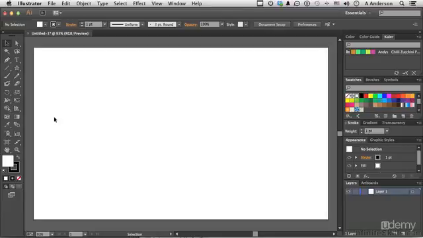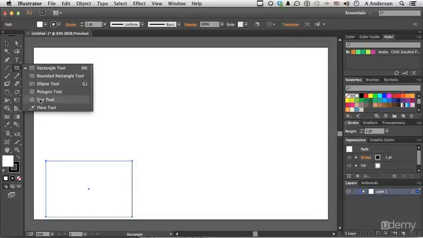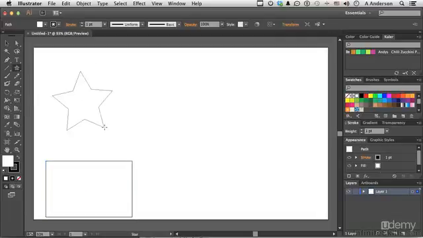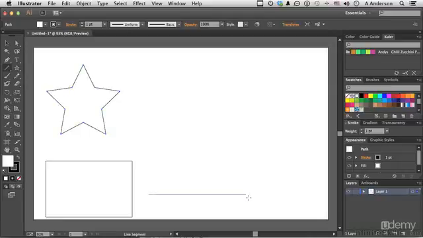And I've got a new document open. Go ahead and open up a blank thing. And let's go ahead and draw a couple of shapes. So I'm going to, I don't know, pick up my rectangle tool, and I'll give myself a rectangle down here. I'll pick up the star tool, and I'll draw a simple yet functional star. And I'll pick up my line segment tool and draw me a line segment. And I'm going to stroke here, and I'm going to give that a little bit more thickness, like about 4